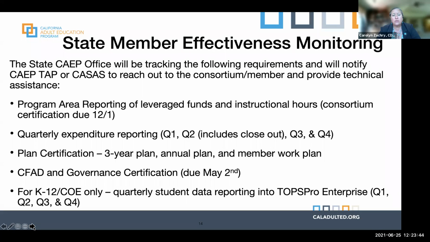I know that we have a DIR that you can be looking at each quarter to ensure that everything is status quo in your TOPS Pro entries, meaning are you missing birthdays? Are you missing last names, first names? Are you missing anything within that data reporting? I know Jay might go into that a little bit today, but that's really everything that goes into TE. So make sure you're looking at your data integrity reports.